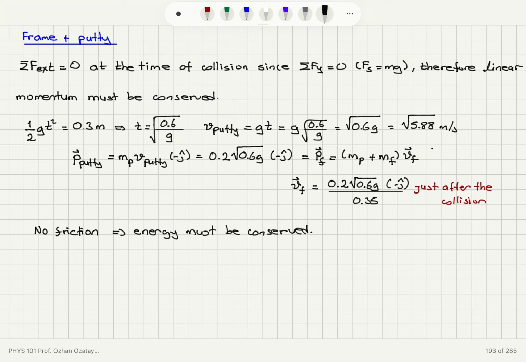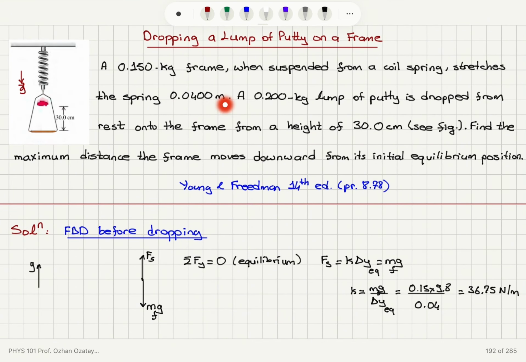So if I write the change in the mechanical energy of the system should be 0, that means 1 over 2 total mass m total v final squared, the kinetic energy of the system, plus the potential energy stored in the coil, 1 over 2 k delta y equilibrium squared, because we had an equilibrium stretch of 0.04 meters on the spring,